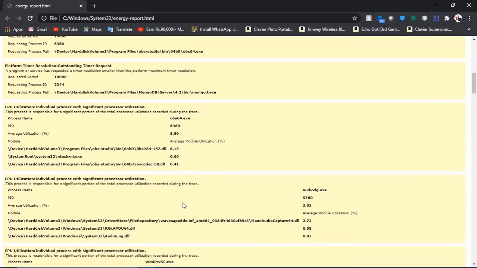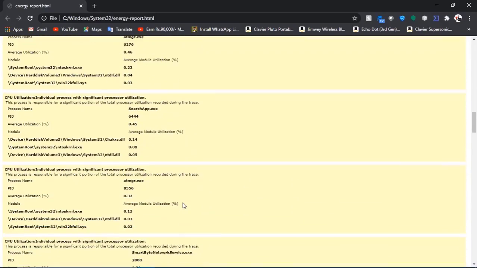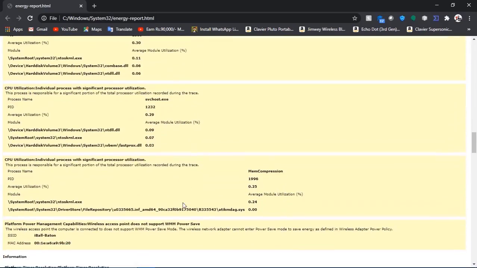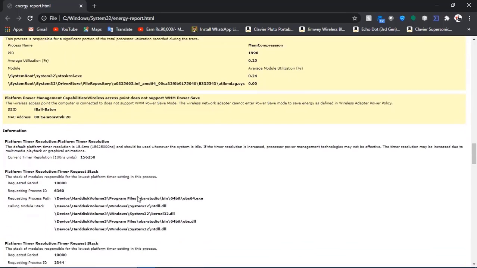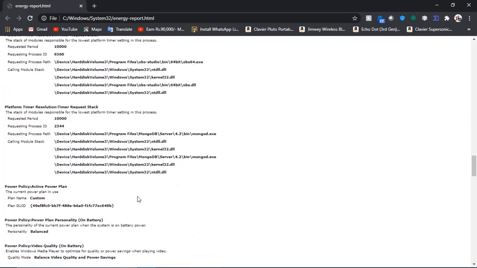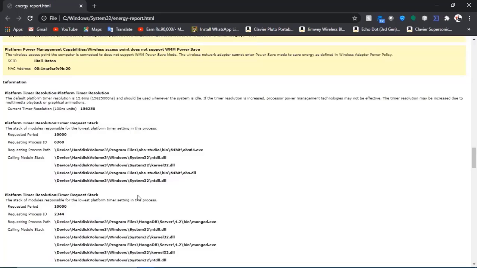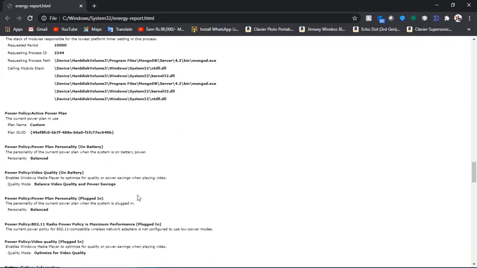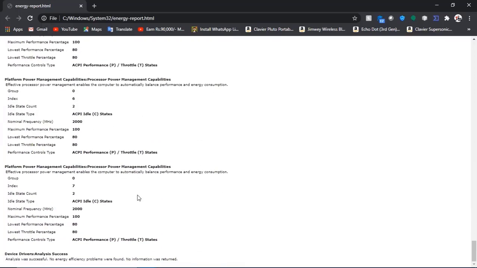Like this, some other errors are showing. You can see the information also. What the errors are and how to reduce those errors, you can get step by step. You can see here.